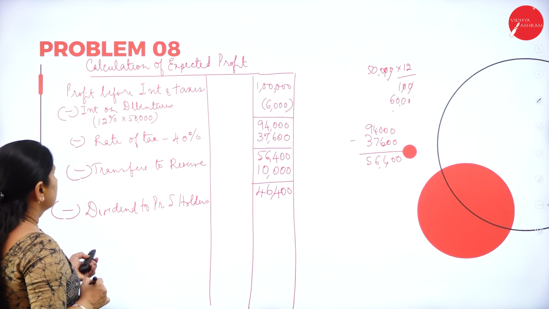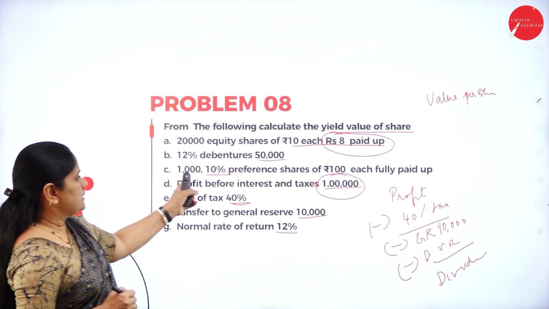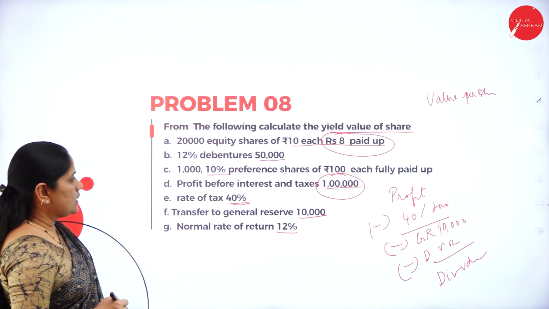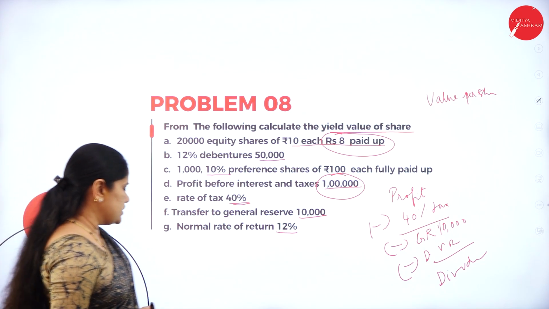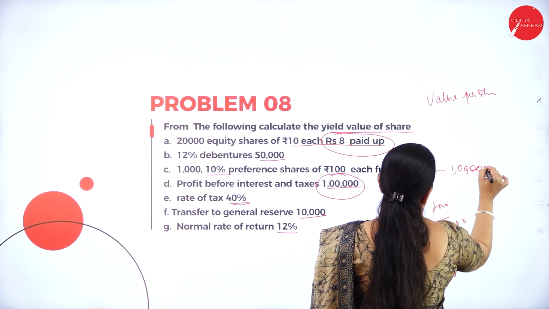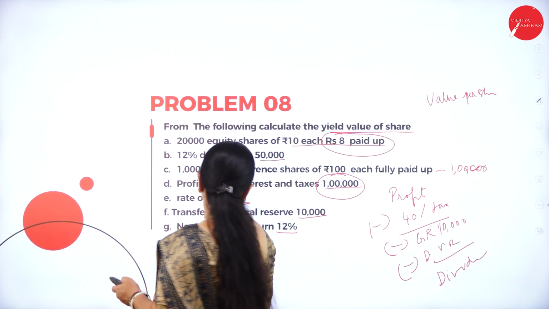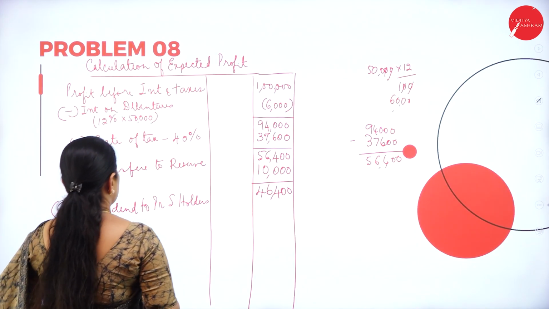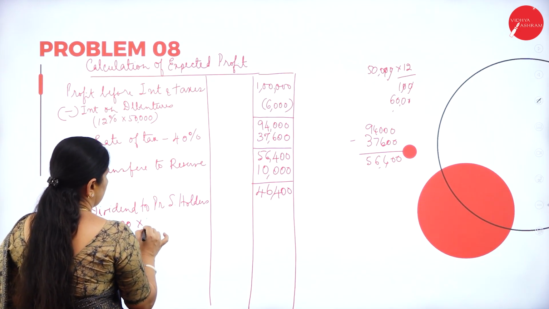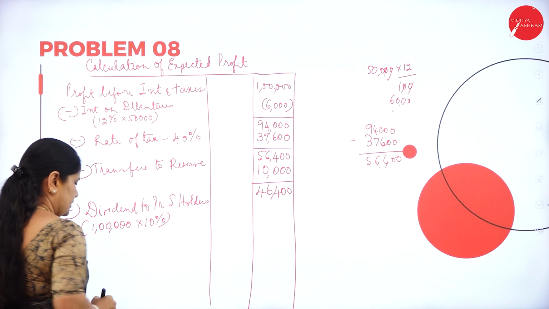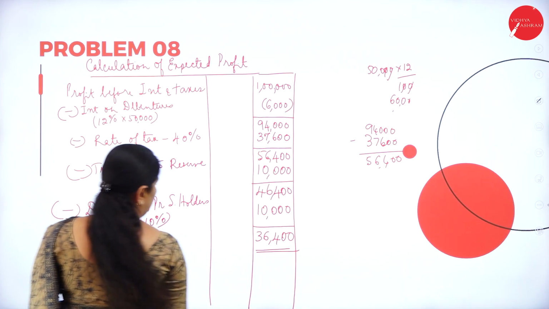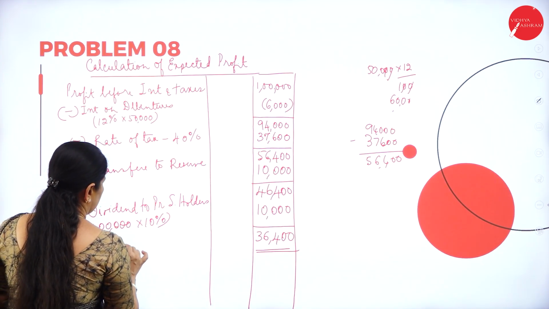So what is the share capital? 1,000, 10% preference shares of rupees 100 each. So 1,000 into 100, that will be equal to 1 lakh. So 1 lakh into 10%. That will be equal to 10,000. The expected profit